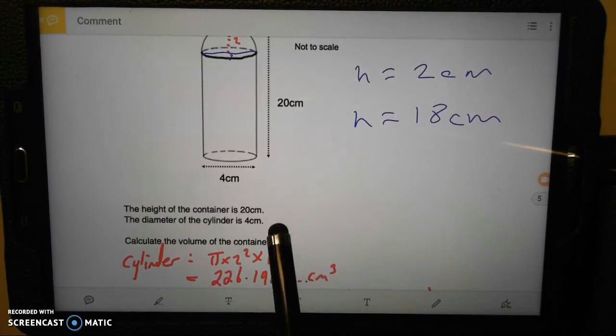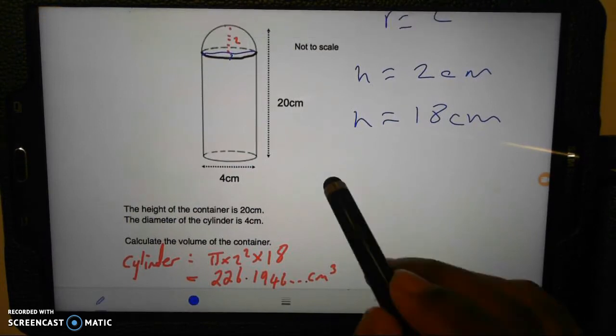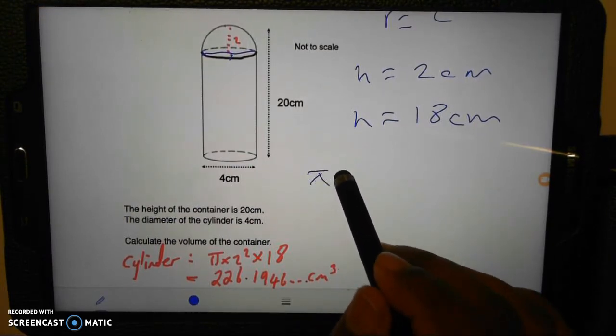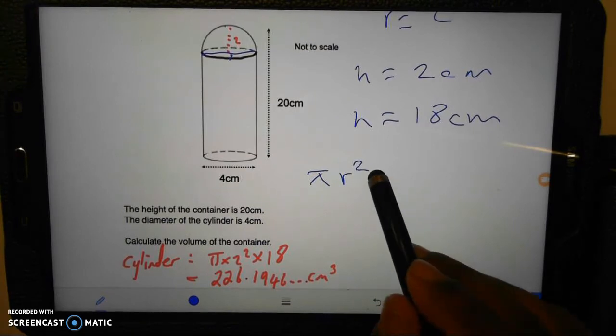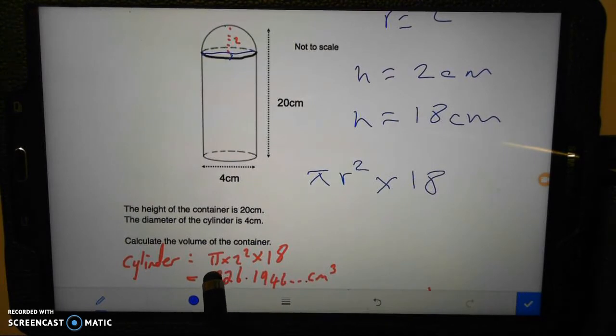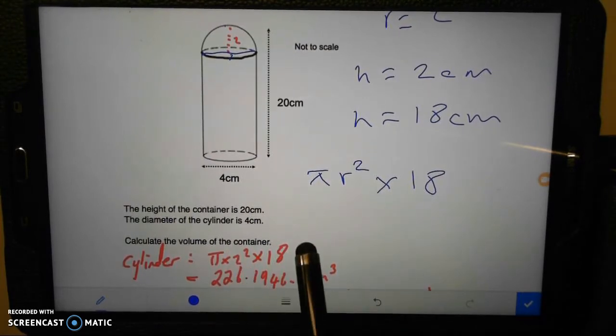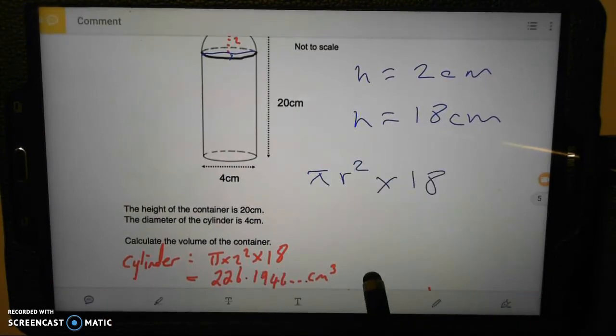So for the volume of the cylinder, all we need to do is work out the area of the circle, which is pi r squared, and then we times it by the height of the cylinder, which we've just worked out is 18. So when you plug this into the formula, you get pi times 2 squared times 18. Remember, if the diameter is 4, then the radius must be 2. So this gives us the volume of the cylinder, which if you put it into your calculator, the answer is